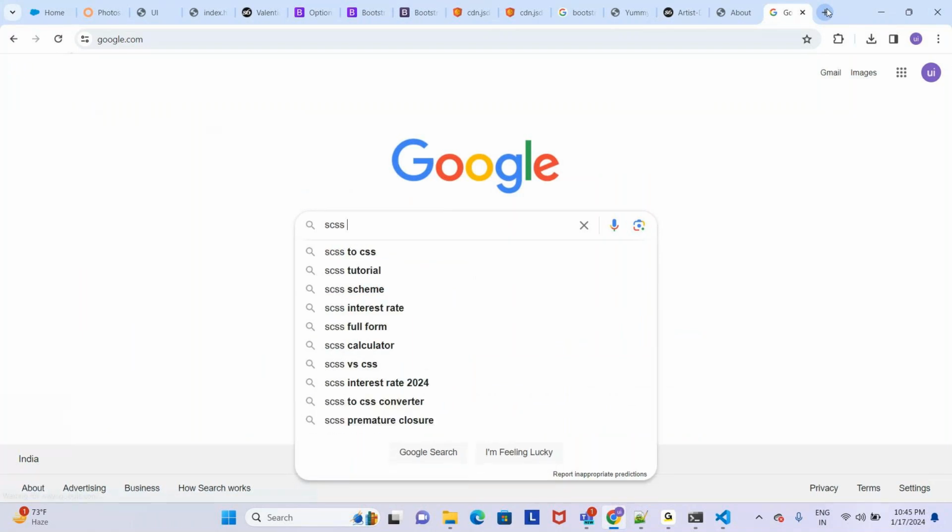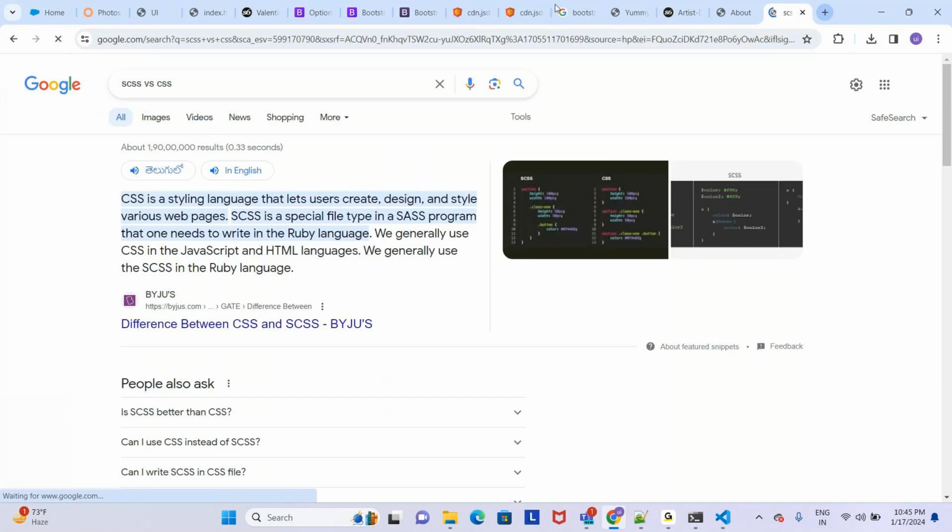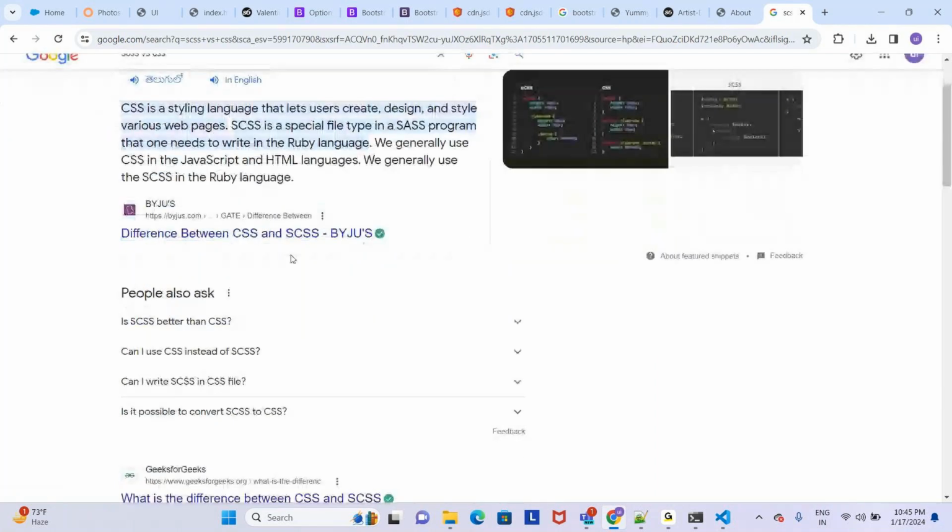CSS lets users create, design and style various web pages. SASS is a specific file type in a SASS program that one needs to write in the Ruby language. Okay, so what exactly is the context? Let us say,